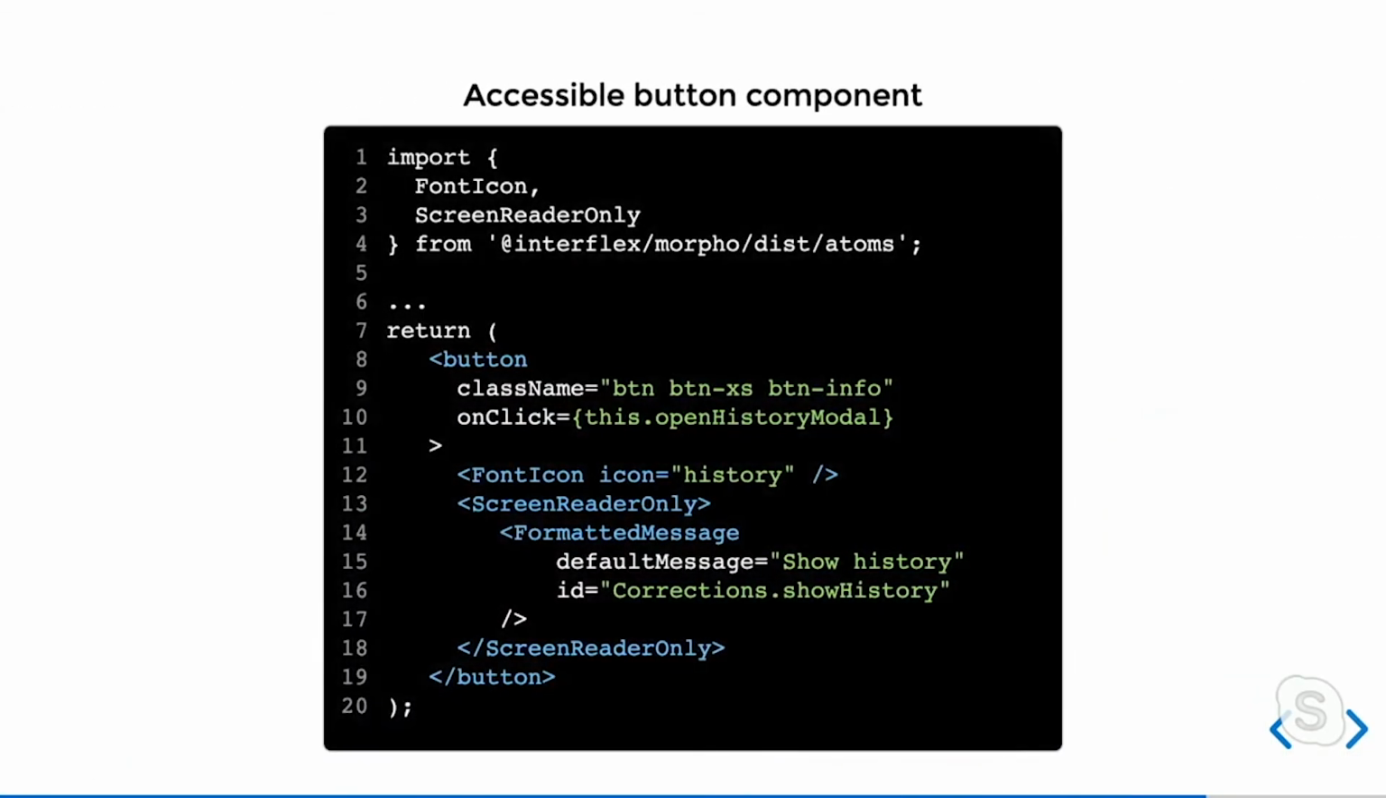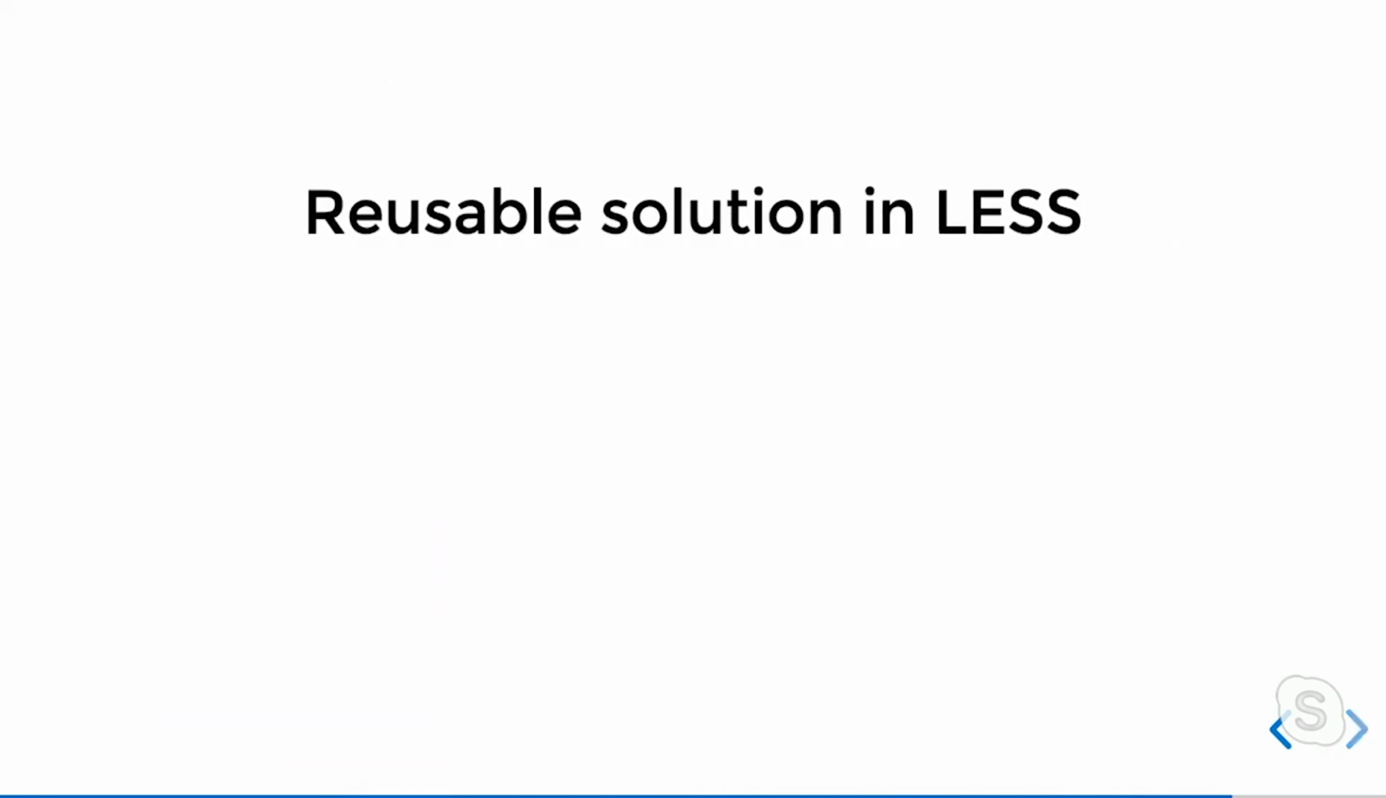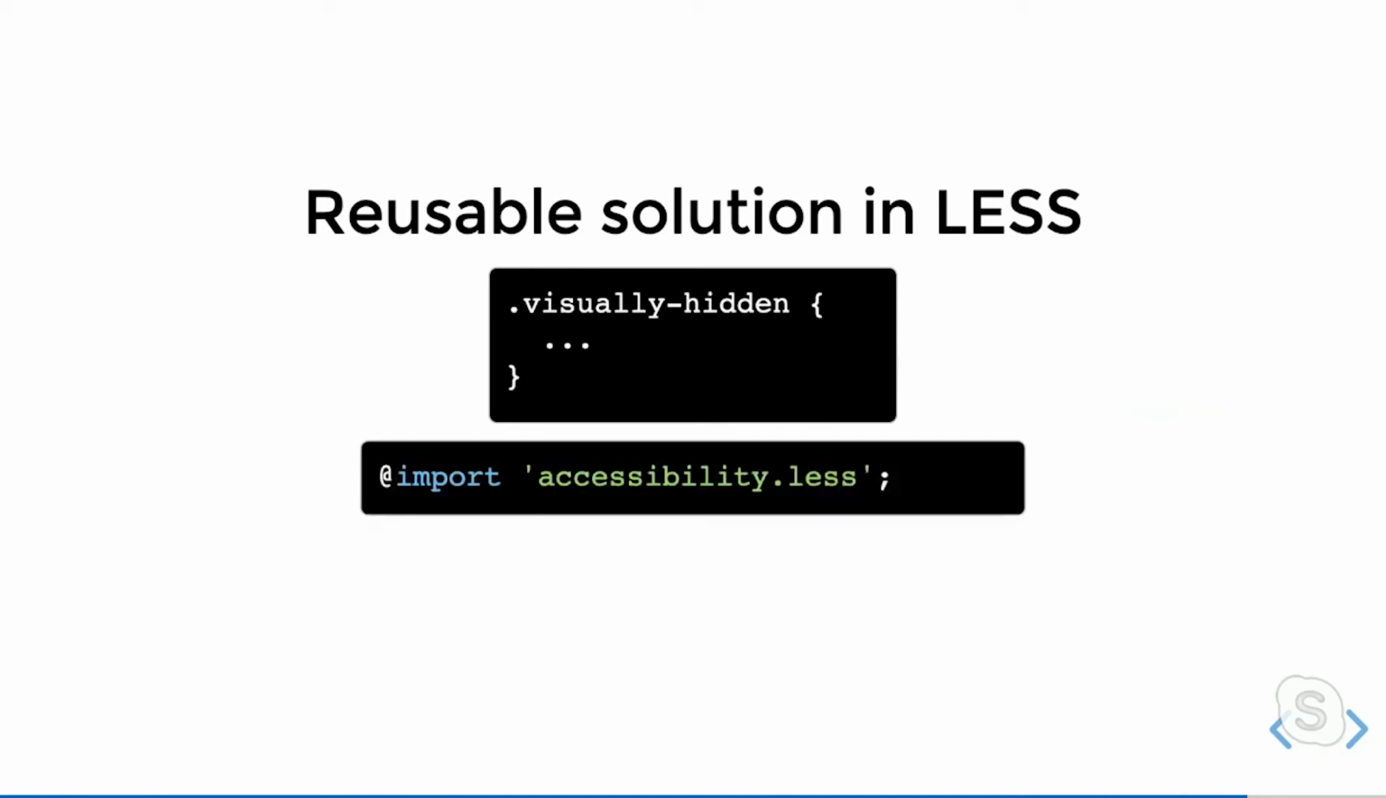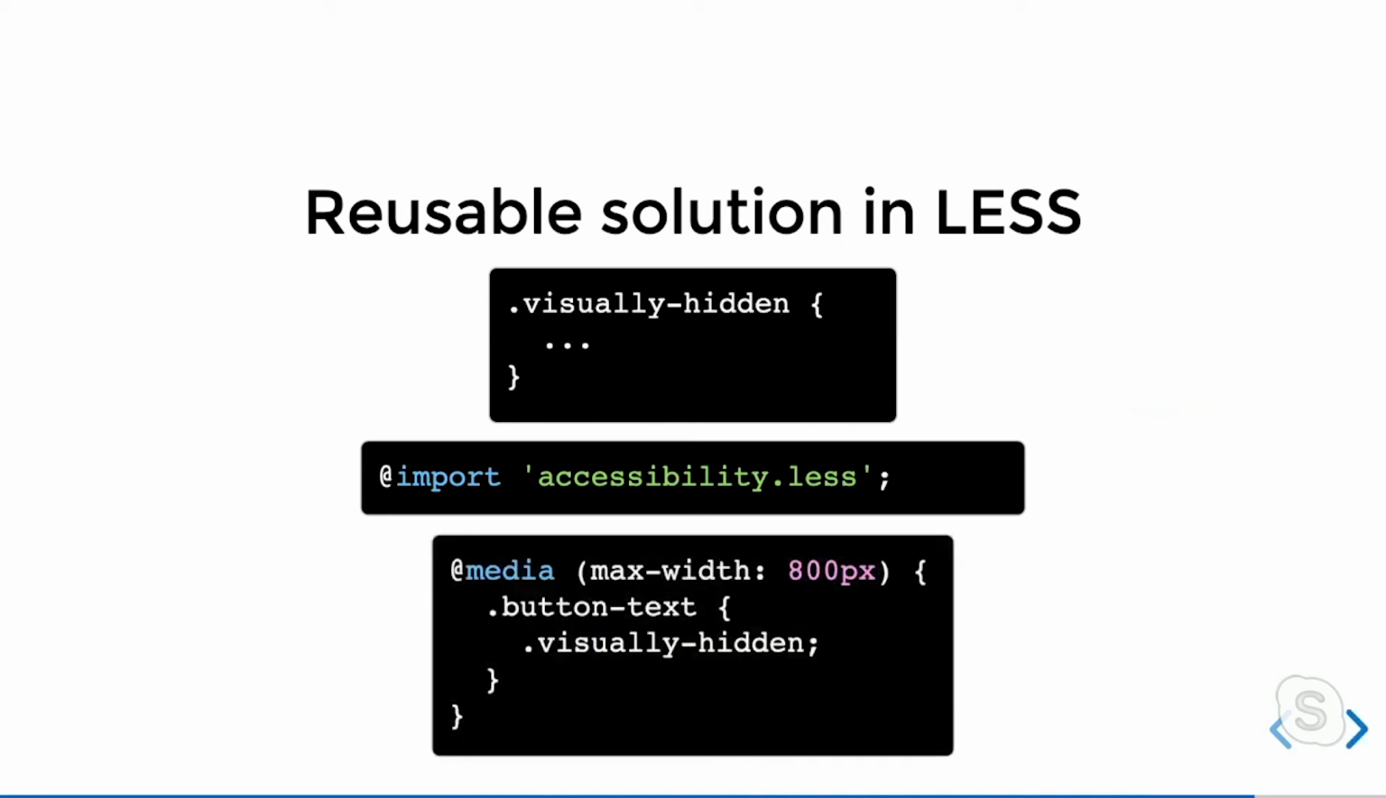Okay, so we have the component in React. In some cases, we want to have a reusable solution in Less or Sass or whatever you use. So we can create what I call a visual hidden class. That's the class with the definition we just discussed. This one will make sure that any content with this class will be hidden. I can import it in any Less file where I need to hide some content, and